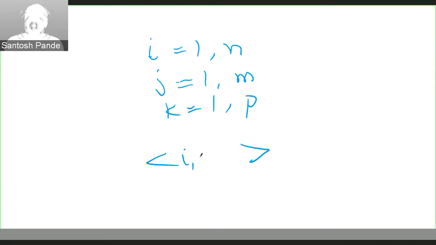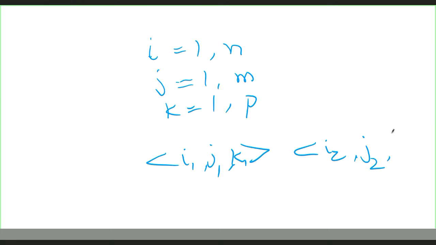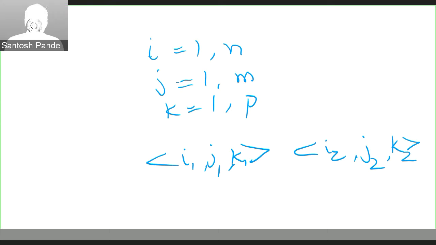Let's call them I1, J1, K1, and I2, J2, K2. And we want to determine the ordering of which occurs before what. Okay, so we want to establish if this is the case. If the first one occurs before the second one, this is true provided